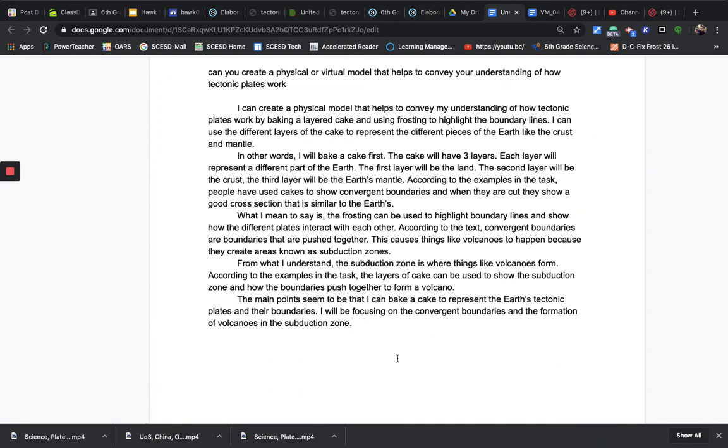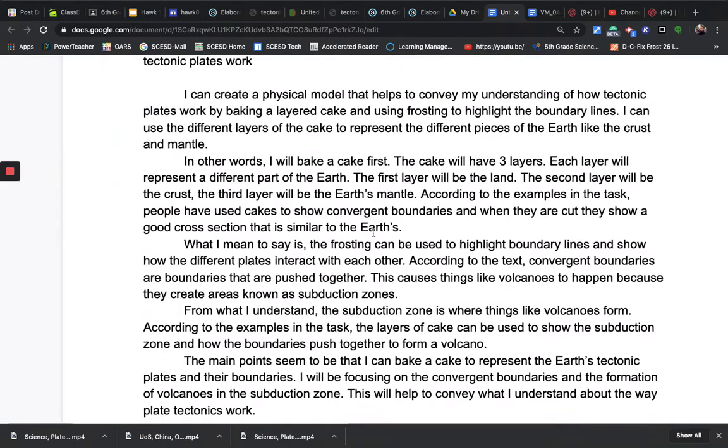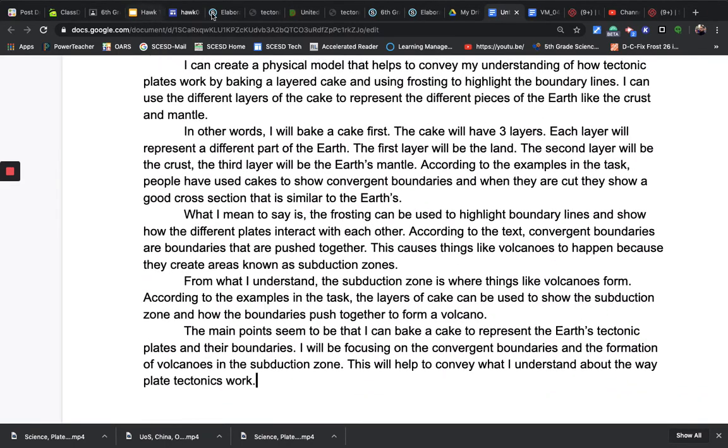All right. This will help to convey what I understand about the way plate tectonics work. All right, now let's reread that for clarity and for editing purposes, because